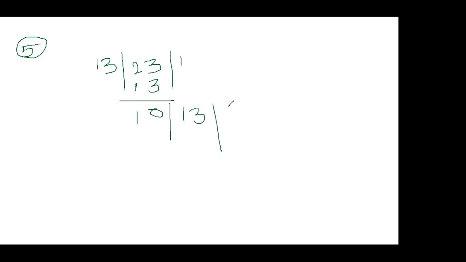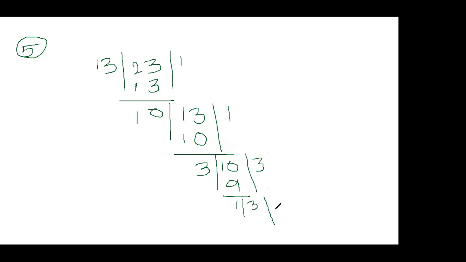In the 10 table, will 13 come? No. 10 ones are 10 only. Then the remainder is how much? 3. Then take one more line. Bring this number 10 here. Now in the 3 table, 3 threes are 9. Remainder is how much? 1. Again bring that number 3 here. Now 1 threes are 3. Here how much did I get? 0. Then stop the problem. Now what I said to you, before getting the 0, who is the divisor? 1 is the divisor. That's the answer. 1 is your answer.